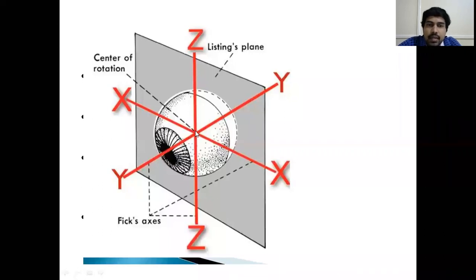So here, the geometric center of rotation of the eyeball lies at the point of intersection of all these x-axis, y-axis, and z-axis. That is at the point of 0. You might have read in your 10th standard that you have some values for the x-axis, like -1, -2, -3, +1, +2. For the y-axis also, similarly, you get +1, +2, -1, -2, and for the z-axis also. So any particular position of the eyeball has a particular value in space coordinates. There is some x value, some y value, and some z value. So that is known as Donder's law.